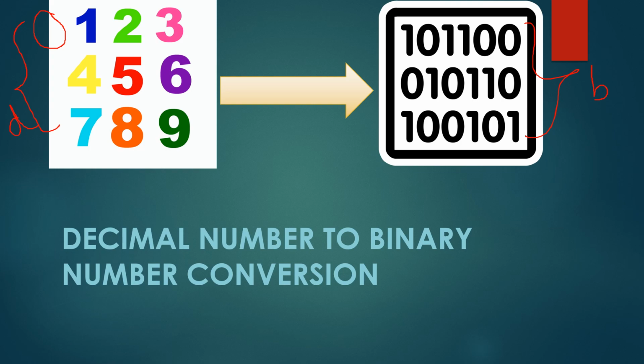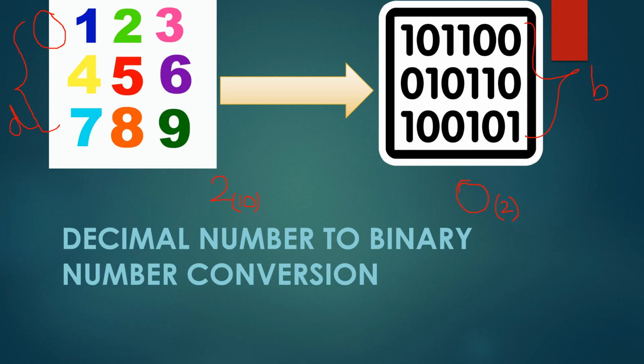we must remember one thing, that the base of decimal numbers is 10 and the base of binary numbers is 2. So we can write this as, for example, we have a decimal number 2, then we can write its base 10 like this. Okay. And if we are taking any binary number, for example 0, then we have its base as 2, and we can write it as a subscript like this. Okay. I hope it would be clear to all of you.